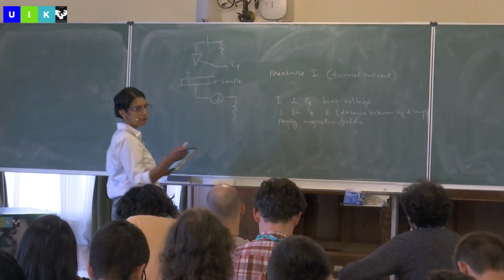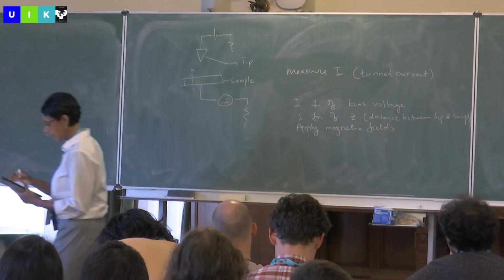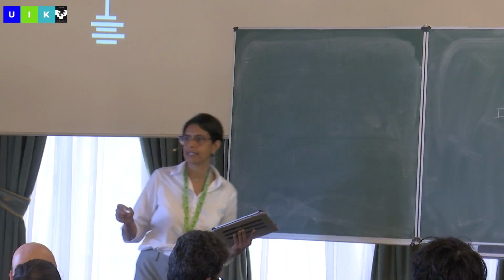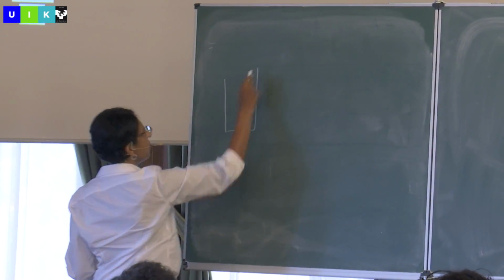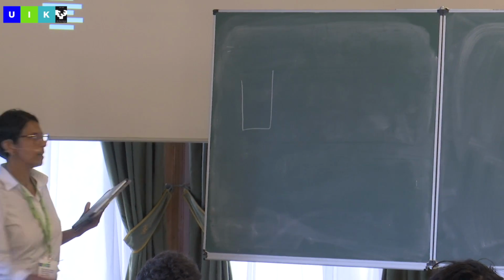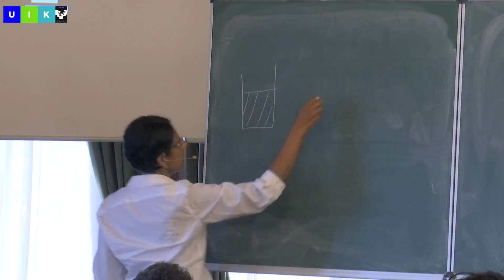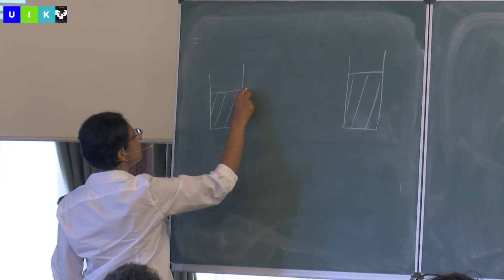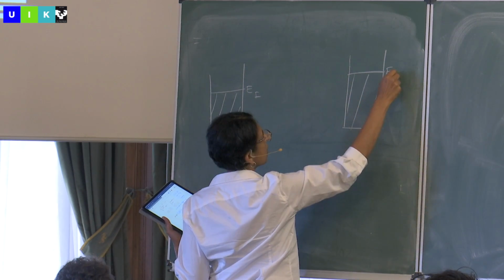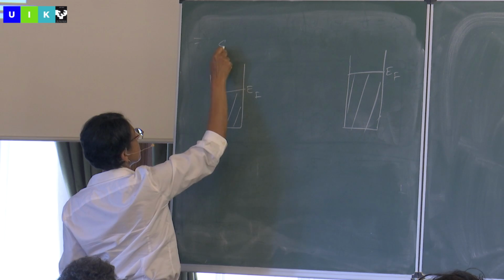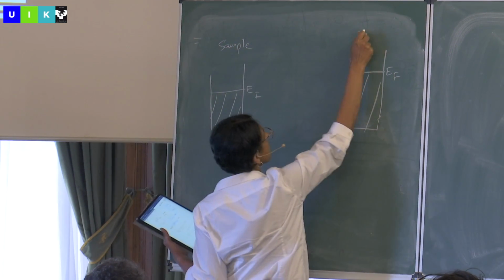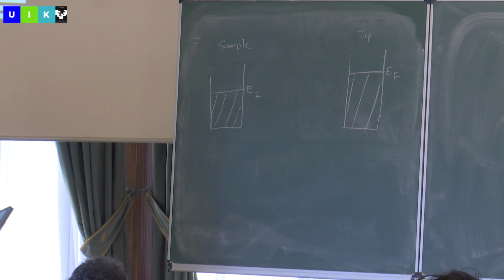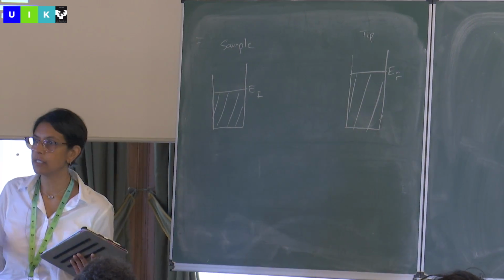So how do I get the formula I wrote down earlier? Let me just motivate that. We also draw these kinds of pictures for STM. Far away, we draw the sample and the tip as potential wells of electrons. This is the Fermi energy. Let's say this is the sample, and this is your tip. So far away, they're little buckets of electrons, and the Fermi energies are at different positions with respect to vacuum,